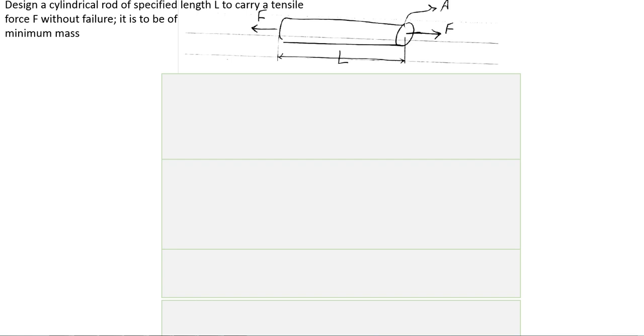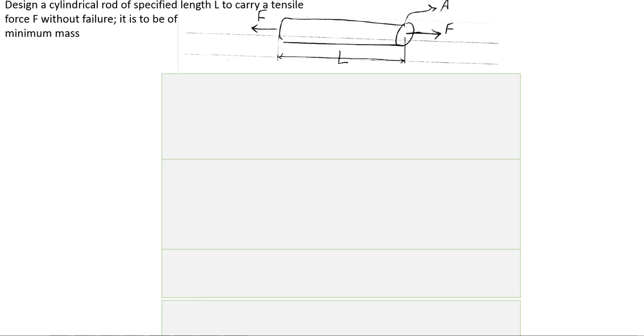Now we go to the next step. We want to select a material for a cylindrical rod that has a specified length L, as you can see here, and it carries a tensile force F without failure. And we want it to be of minimum mass. Of course, minimum mass is always a good